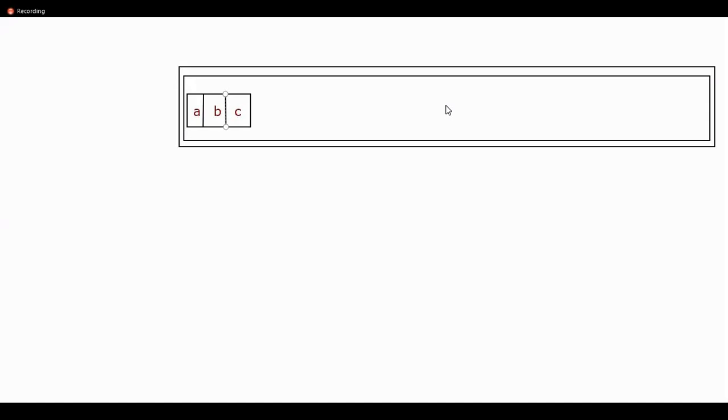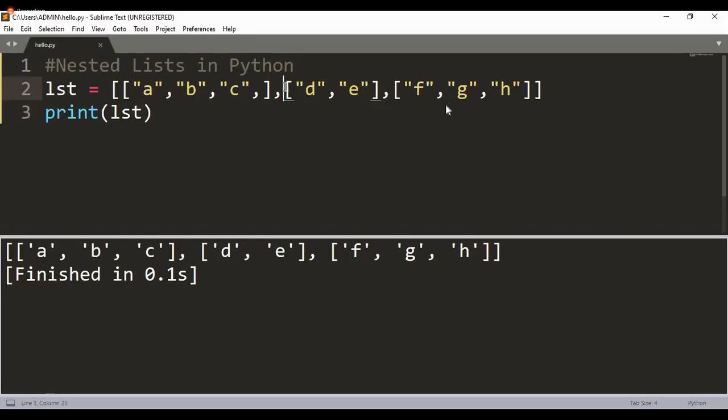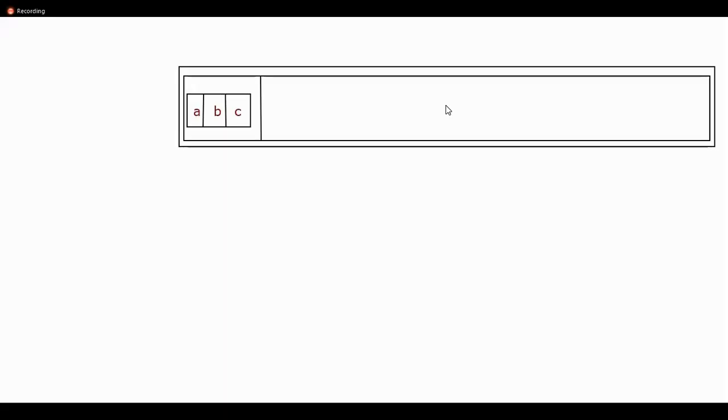So what you see in front of you now is a list. ABC happens to be the contents of a list, and in turn, this list is present inside a different list. Any confusions so far? So this happens to be my 0th index value of my outermost list. Next what, sir? Next, again we have another list as one of the elements. Now this is the second list that I'm referring to, and the contents of my second list happen to be 2 string values. One is D, one is E. So let me go back to my program, and here again it is a list.